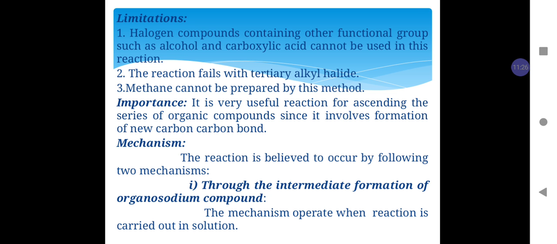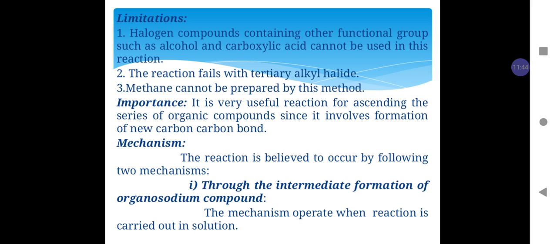For example, alcohol reacts with sodium to form sodium ethoxide. Carboxylic acid group changes into the sodium salt of carboxylic acid, and in this way they will interfere with the reaction